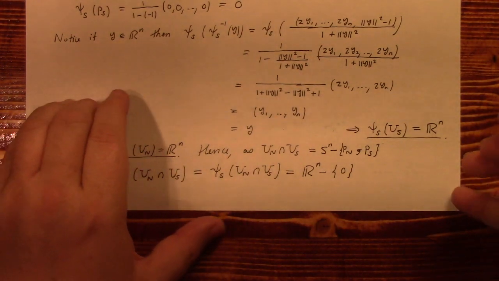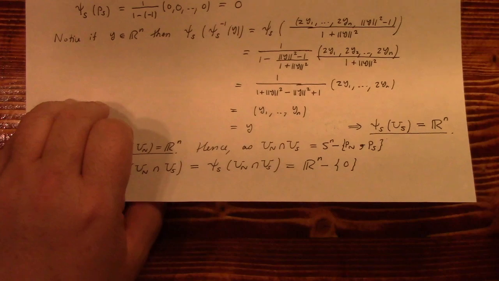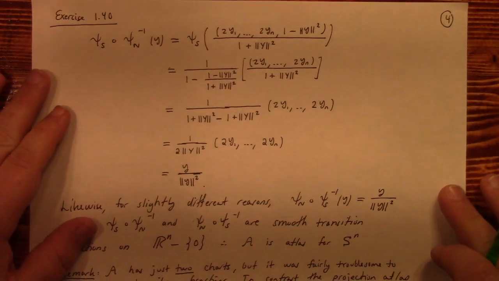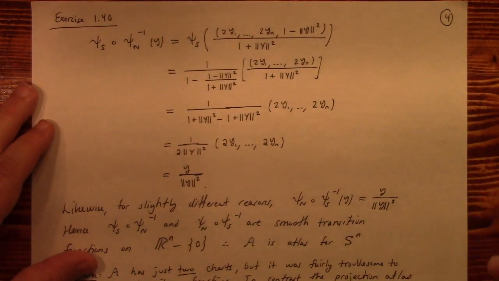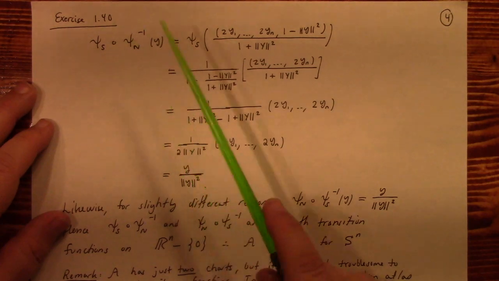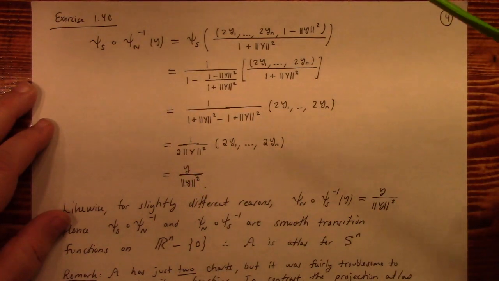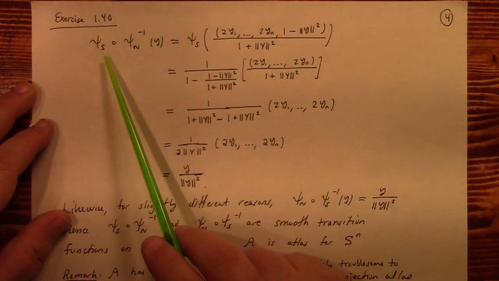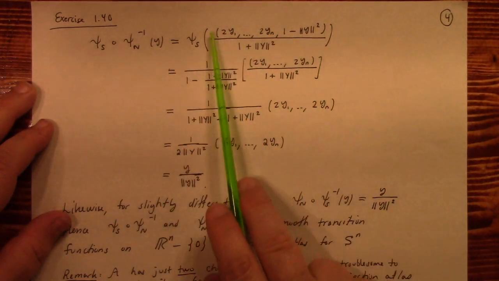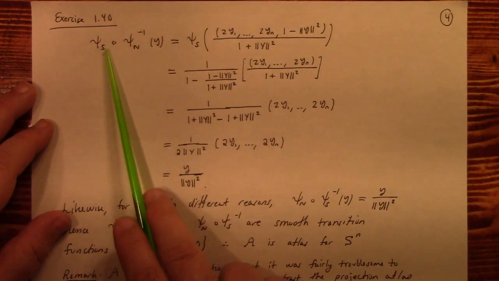So that's just some bookkeeping there, seeing how the north and the south charts on the sphere work. There it is. Now let's look at the transition functions. Here are the transition functions between the north and the south, or the south and the north, depending on how you want to read that. Fine, whatever. And so here is my formula for the inverse function we derived, and then I need to feed